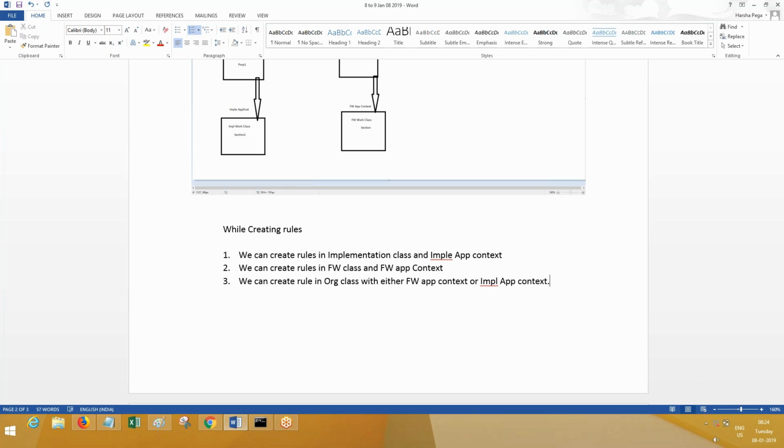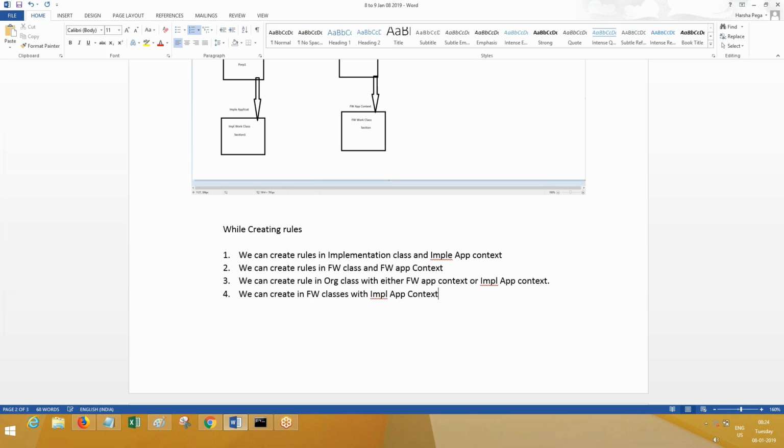All right, how to choose between these two is up to you. Okay, next one. We can create roles in FW classes with IMPL app context.